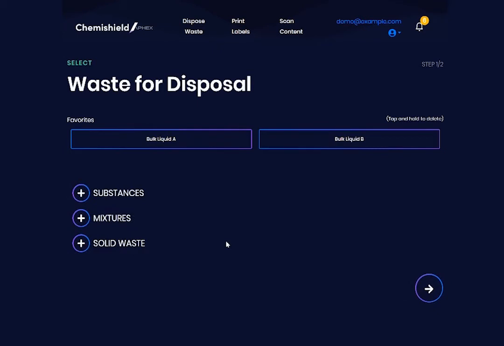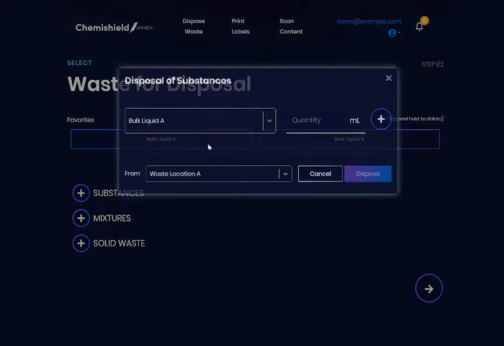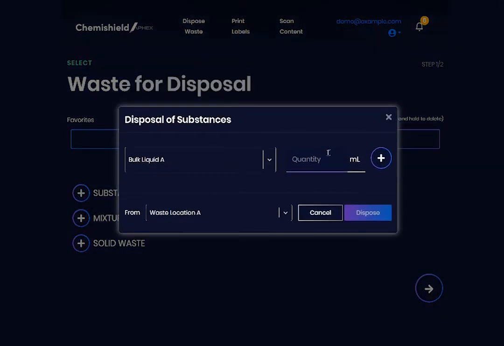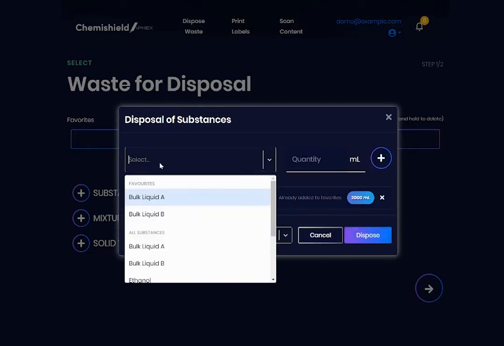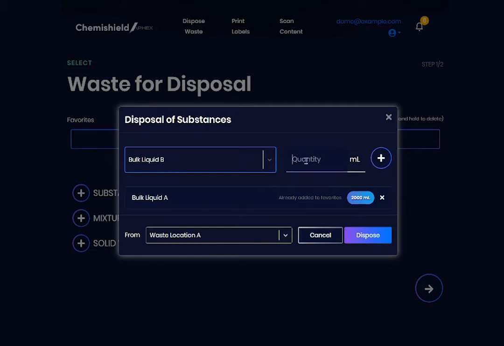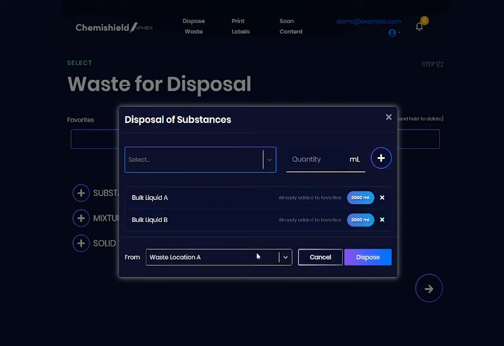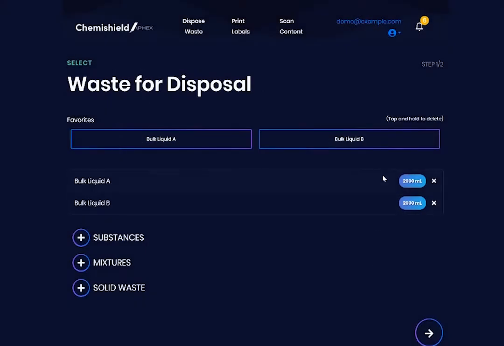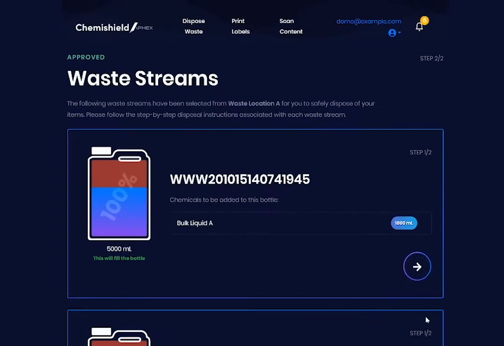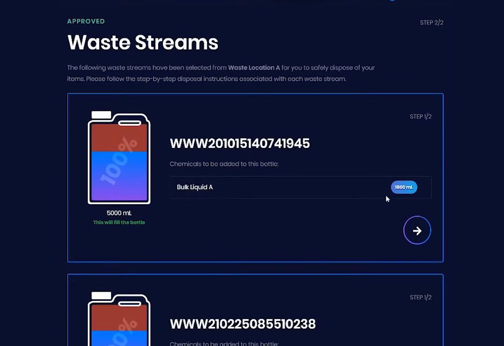Okay, so let's go through that process again. So for bulk liquid A, I'm going to select more waste to dispose of. Maybe some larger volumes, 2 liters. And for bulk liquid B, I'm going to do the exact same thing. Remember, select your waste location. Hit dispose, proceed with the disposal process,